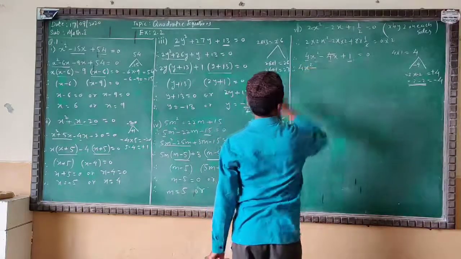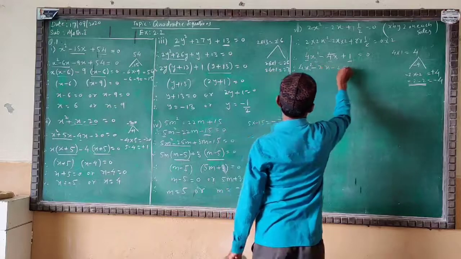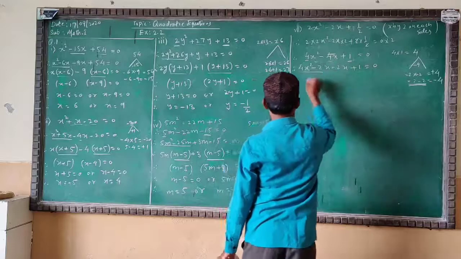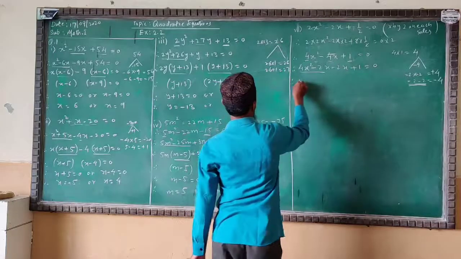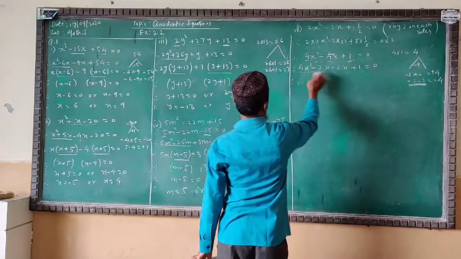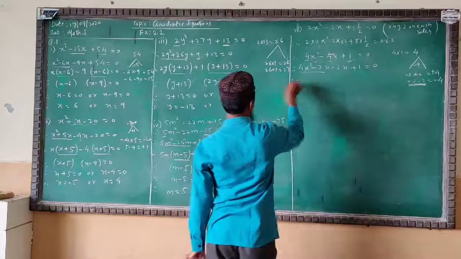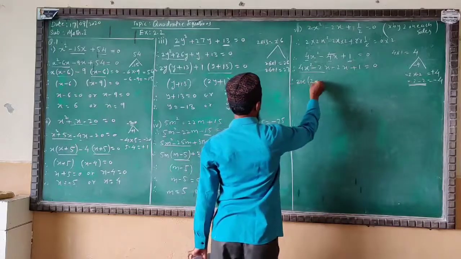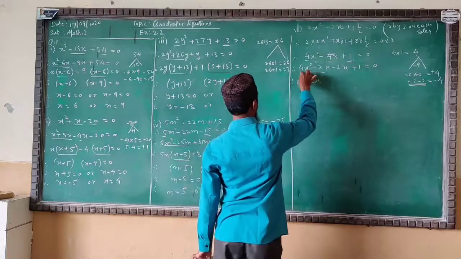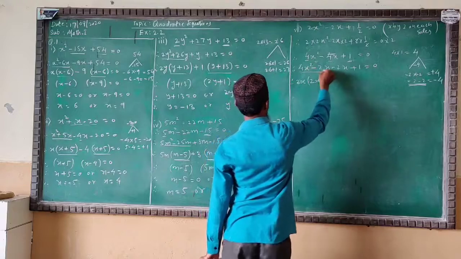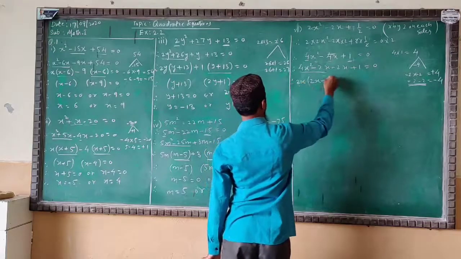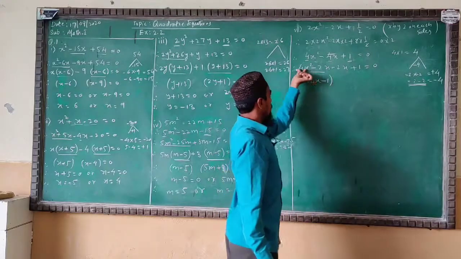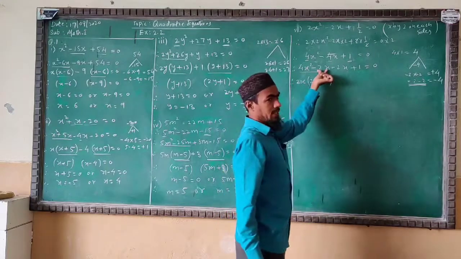4x square, we got minus 2x minus 2x, and the third term we write here, plus 1 equal to 0. Here we take the common factor. This is a multiple of 2, so we take 2x as common. Now the remaining will be 2x, since 4x square divided by 2x gives 2x. Here the completely 2x is outside, so we'll take 1 here with minus sign. And take the table of this one: 4x square, 2x on the 2x, we will get here.